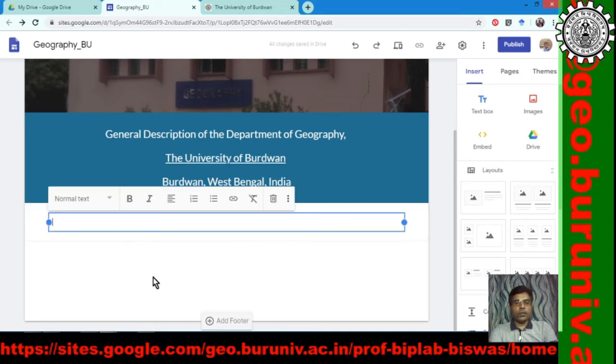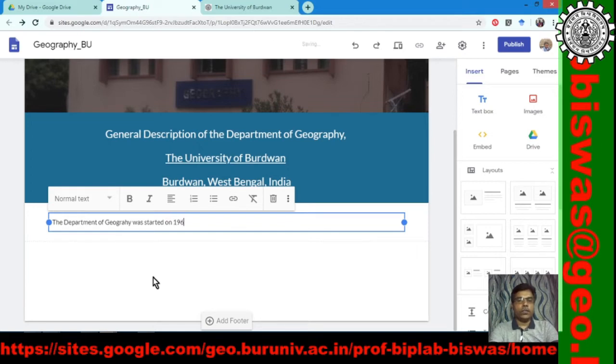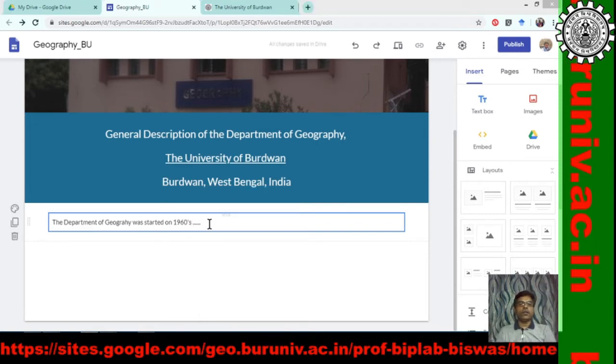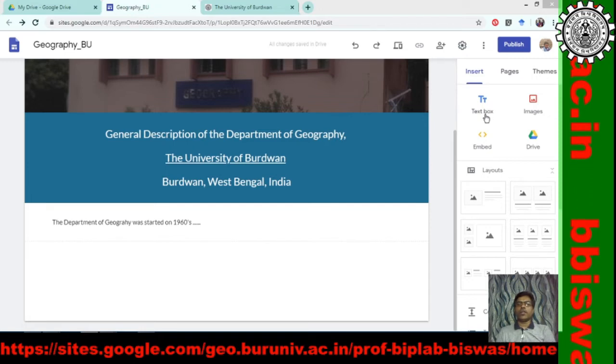So like the Department of Geography was established in the 1960s, and like that. And we can add further sections from this text box.